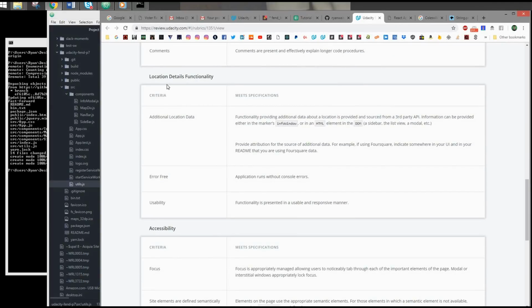So location details, functionality, so additional location data. So functionality providing additional data about locations provided and sourced from a third party. You mark it as info window and HTML. So for this particular spec,